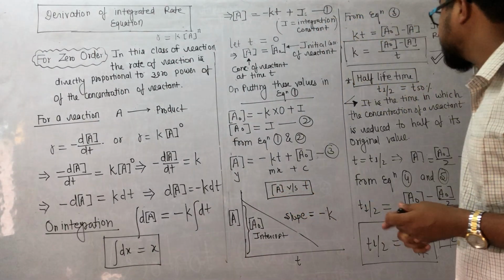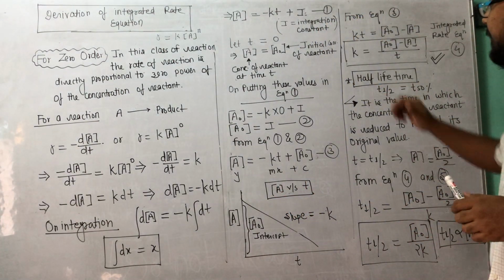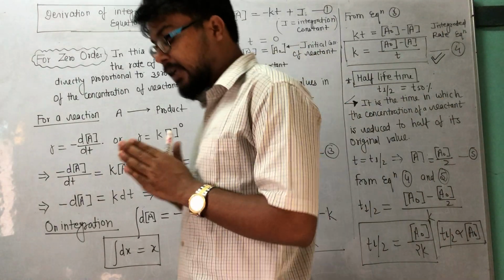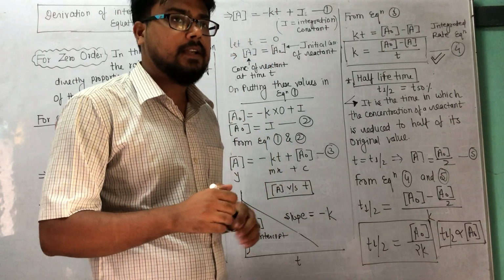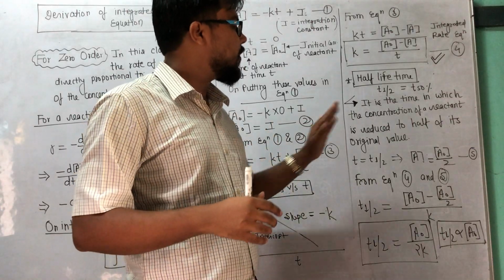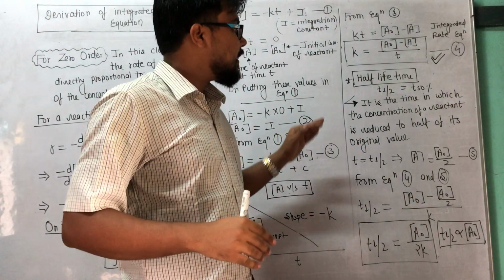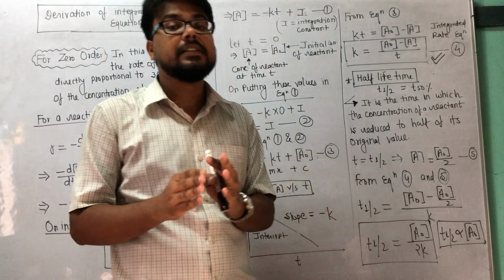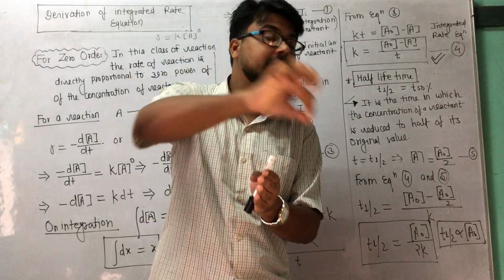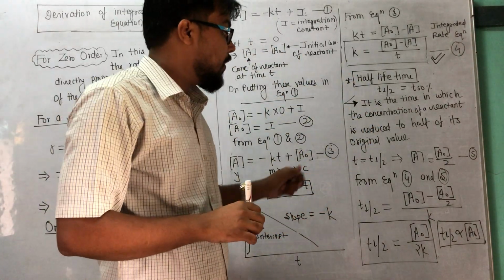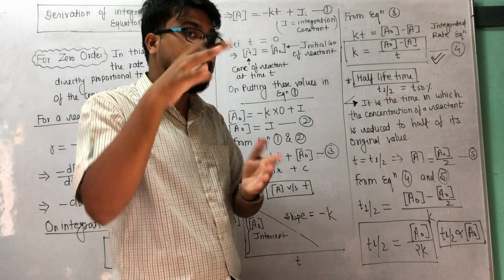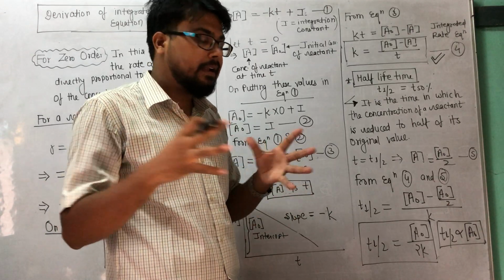For zero order reaction. Now one more important topic, that is half life time or half life period. We can denote it like T half or T 50%. It is not a big deal as we are thinking. Very common concept. T half, half life, means the time in which the concentration of reactant is reduced to 50% of its initial value. So if T equals T half, it means the time is 50% passed or 50% completed. Both terms can be treated as equal.